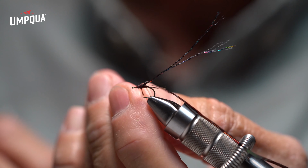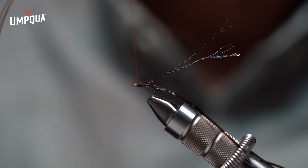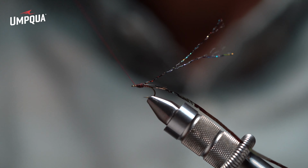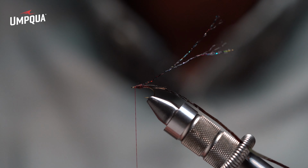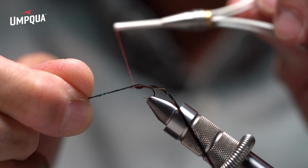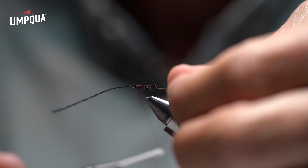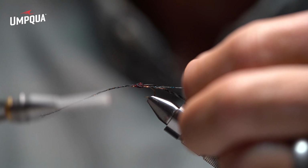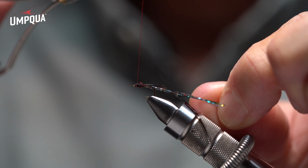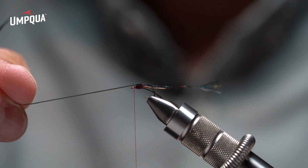Remember, a lot of these mayflies have a reverse taper to the front of the fly. Then I'm going to come right down, about head width here, with thread right behind the eye. Going to bring both of these pieces of the Iris thread forward, tie in with 2 wraps, pull the far side to the side, and come back no more than 2 wraps right there. Pull this one backwards, lay it on the side of the hook, 1 wrap, and then right up to the eye. Then I can bring my wing case over,